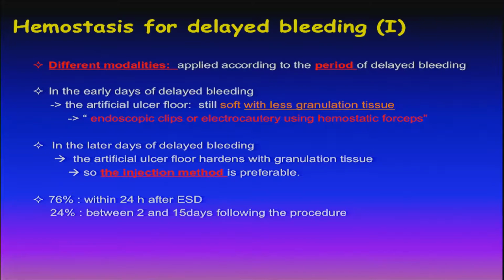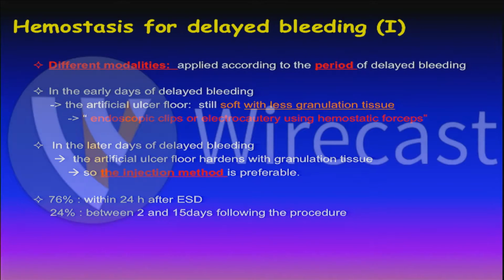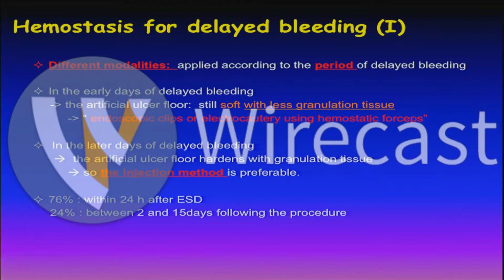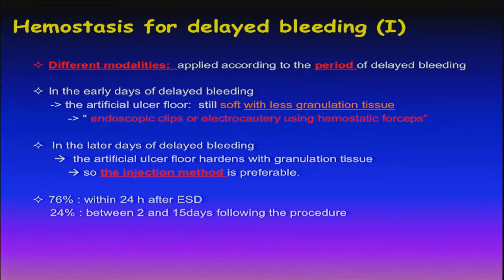The different modality is applied according to the period. In the early days, the artificial ulcer is relatively soft, and clip or electrocautery using hemostatic forceps is suitable. In the later days of delayed bleeding, the artificial ulcer is relatively hard, and the injection method is preferable. And